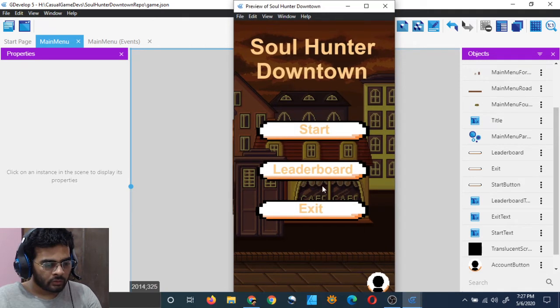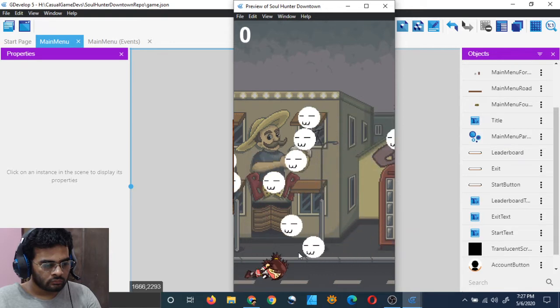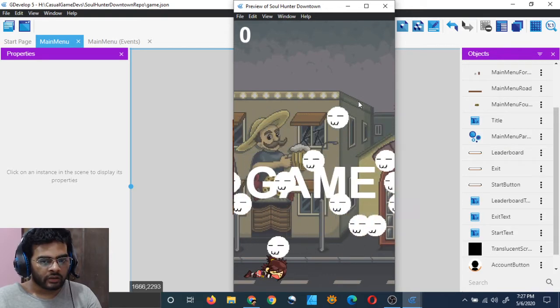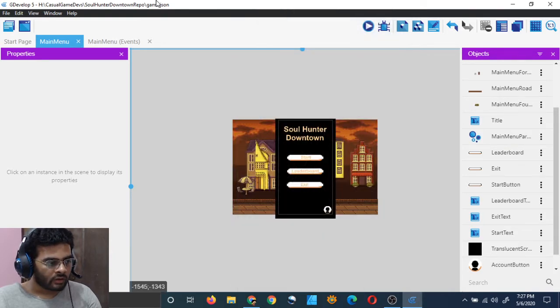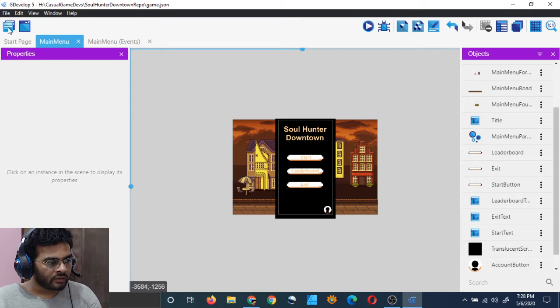I thought it's good. I mean, buttons are clearly visible. The button text may not be very clearly visible, so we will remedy that soon, not right now. And this account icon is there, and if I click on start, I will be taken to the game. Oh, I have only 10 health, so that's when you preview the game, it opens a larger window. So let me see if I can remedy that.